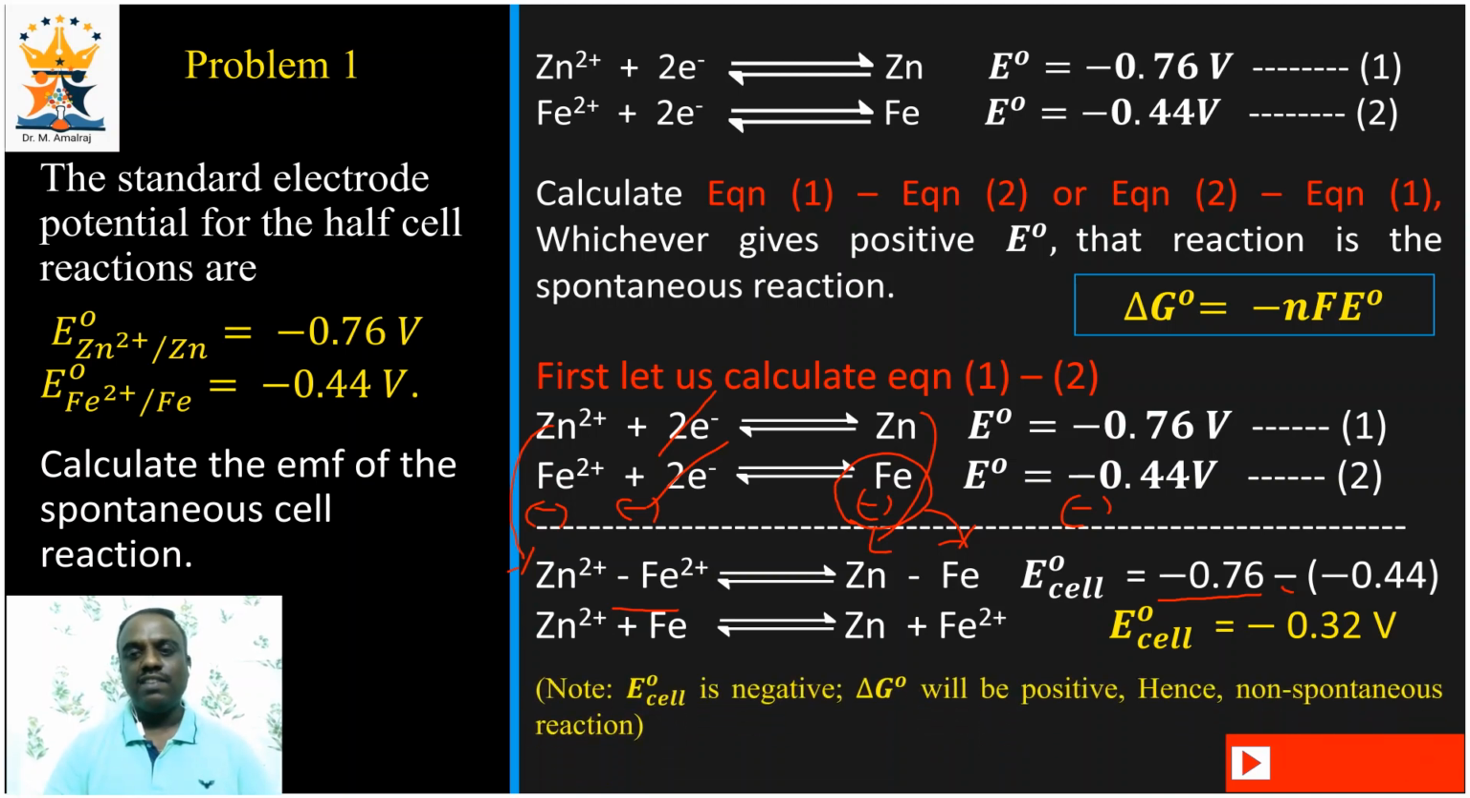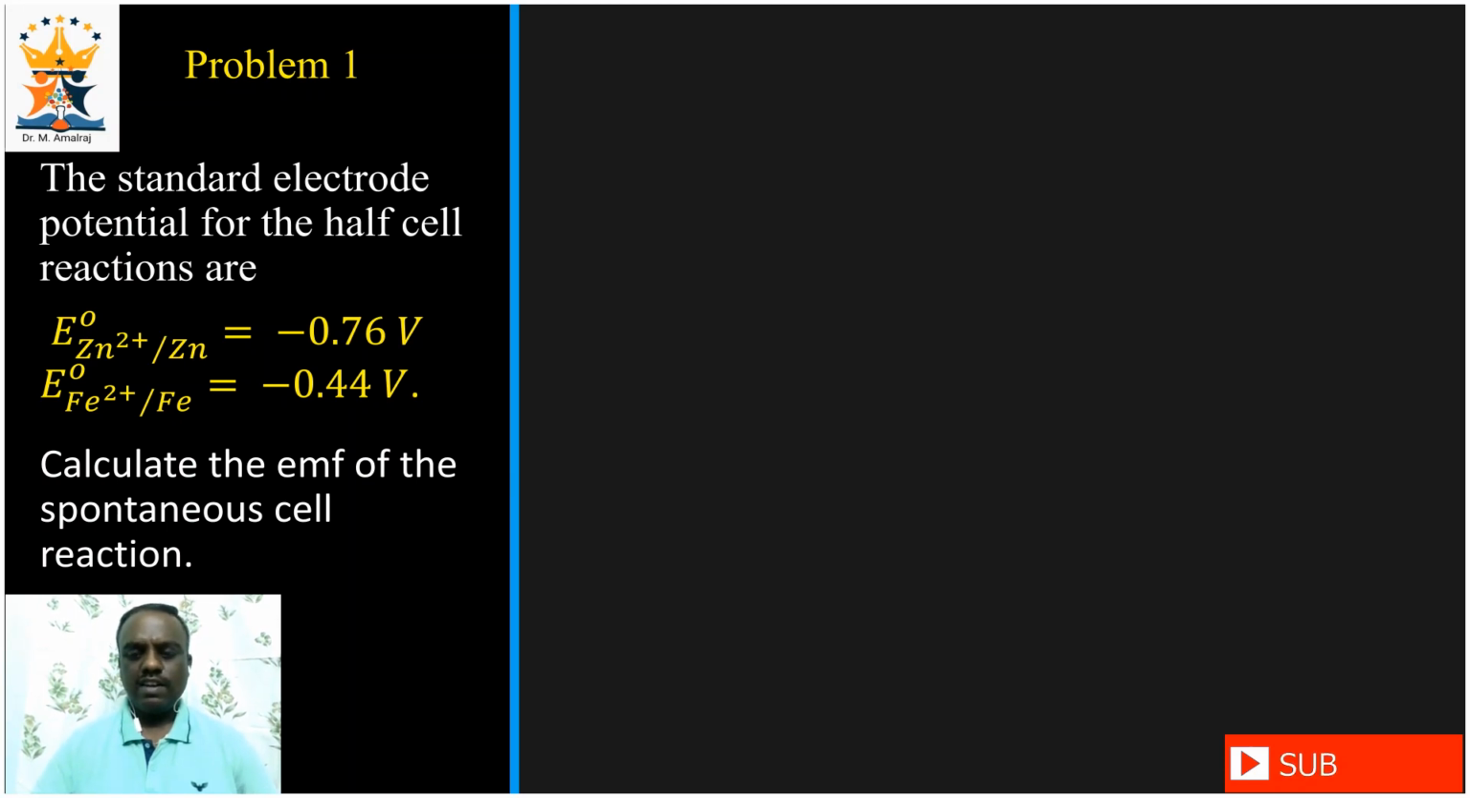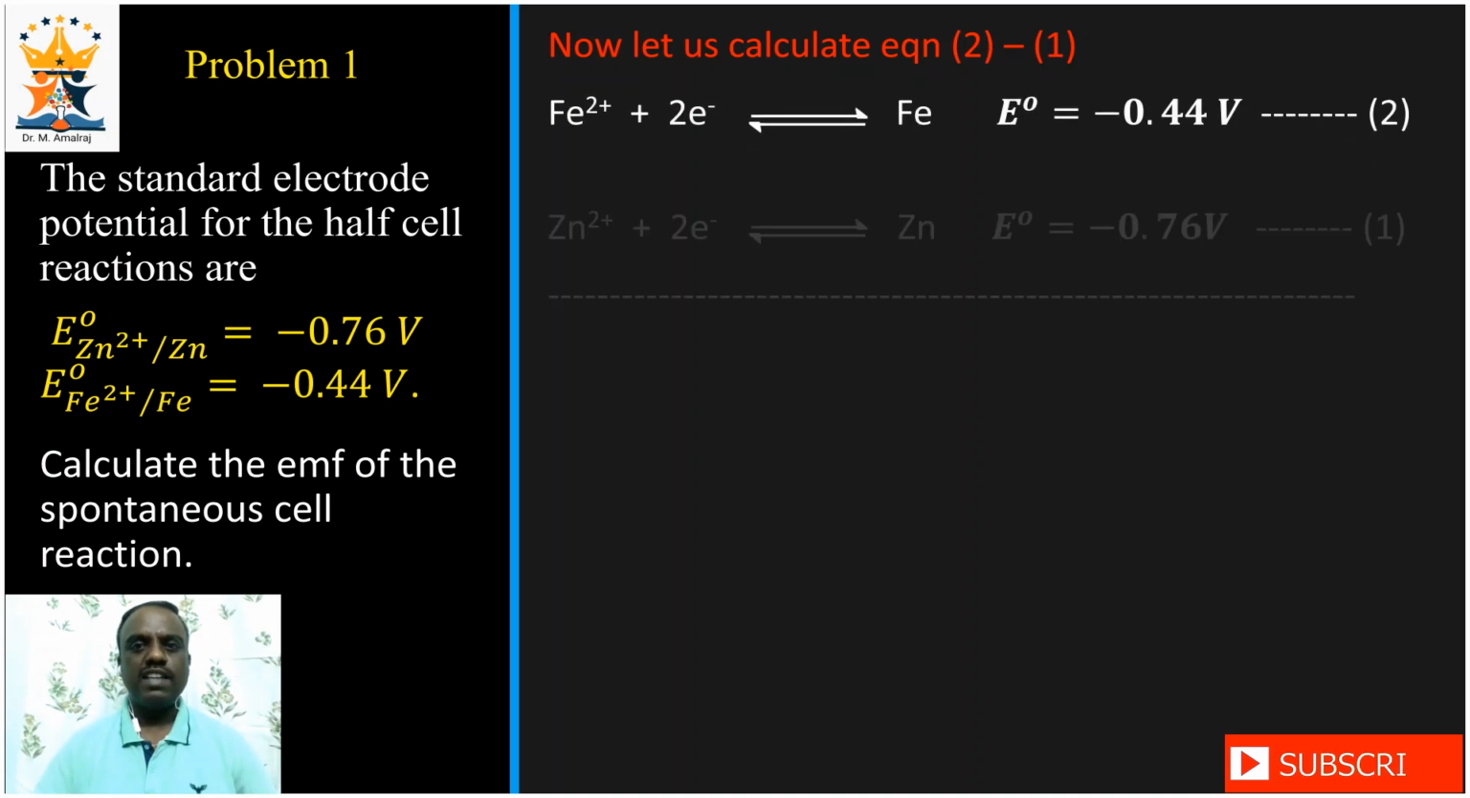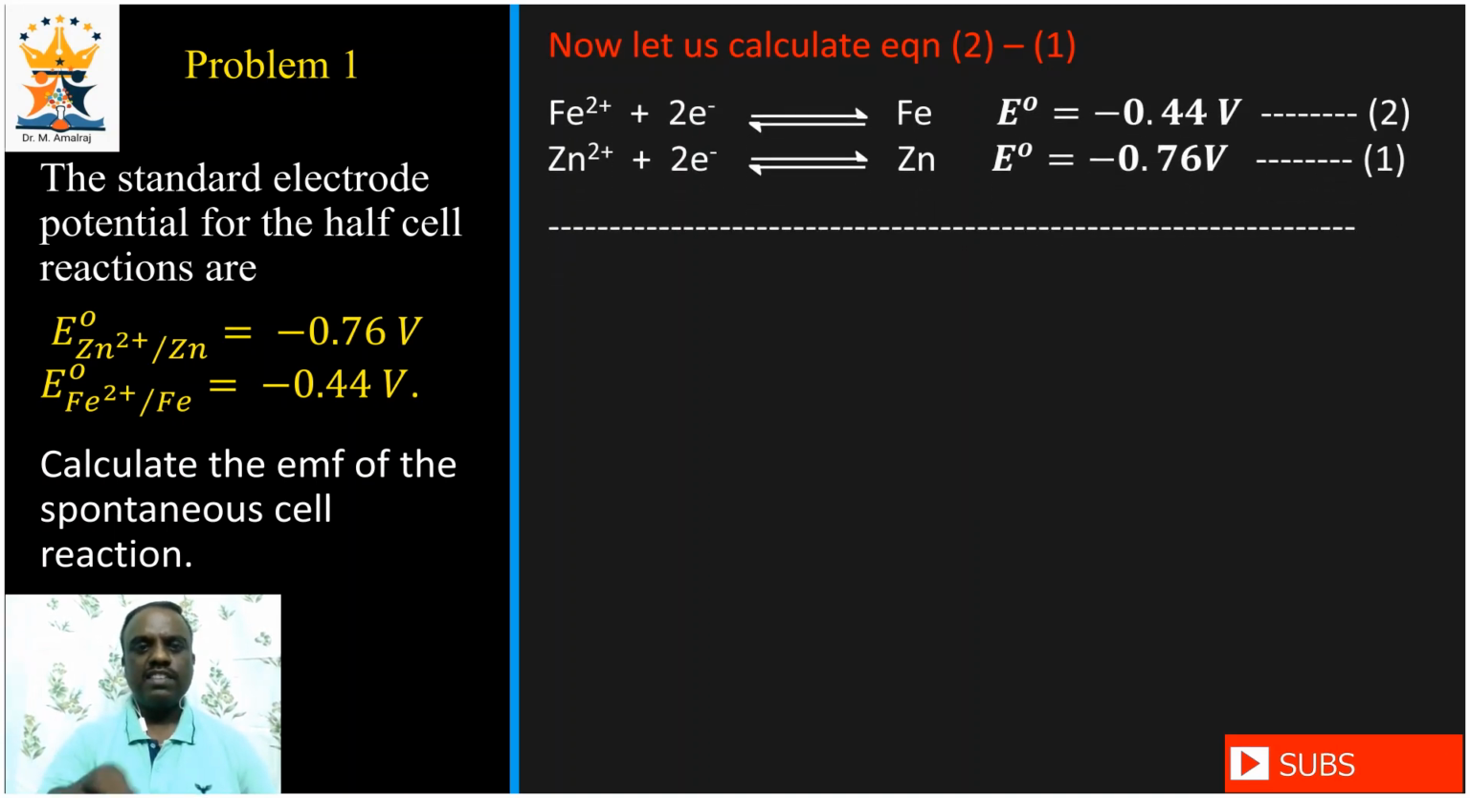And again recall, if E0 is negative, delta G0 will be positive. That represents a non-spontaneous reaction. And in the question, we are supposed to calculate the EMF of the spontaneous cell reaction. So equation 1 minus 2 is wrong. So what we have to do is go the reverse way, equation 2 minus 1. Now let us calculate equation 2 minus 1. First write equation 2 and then equation 1, and as I said earlier, change the sign of the second equation